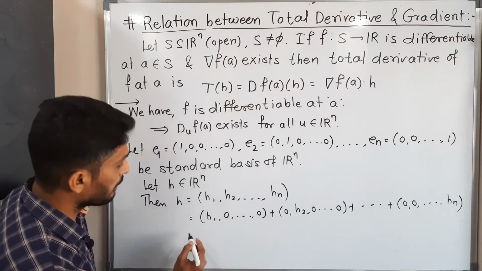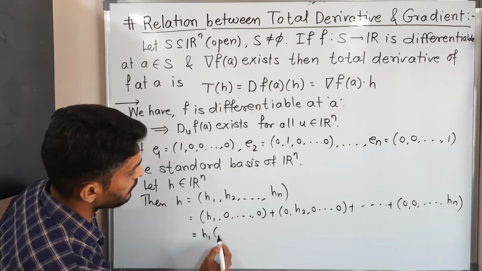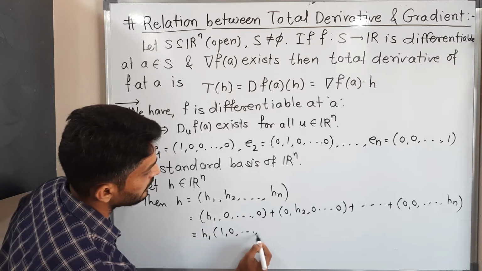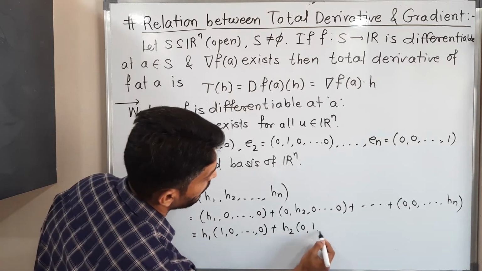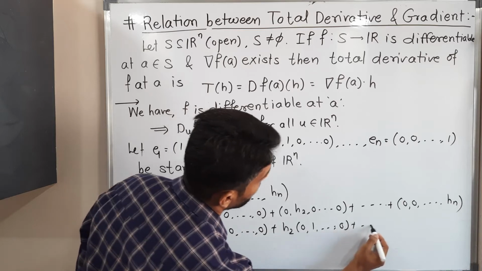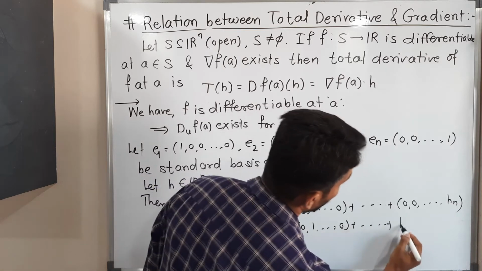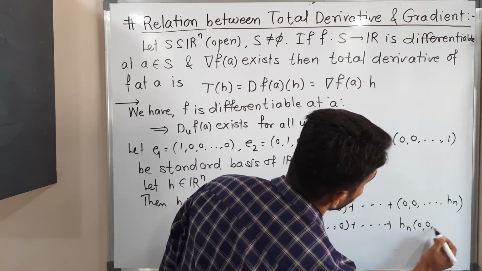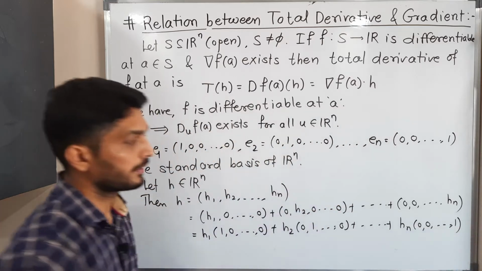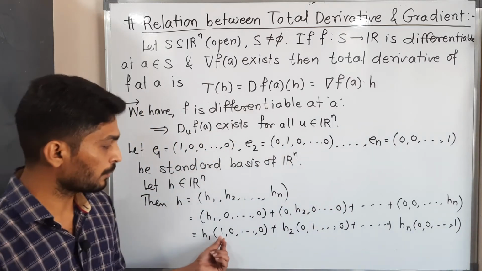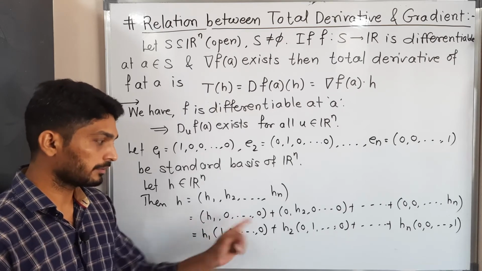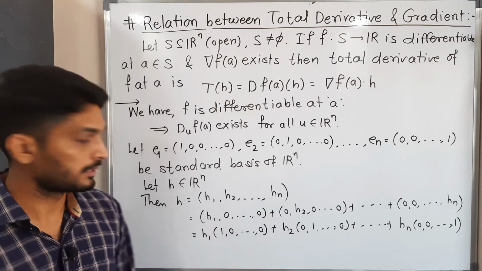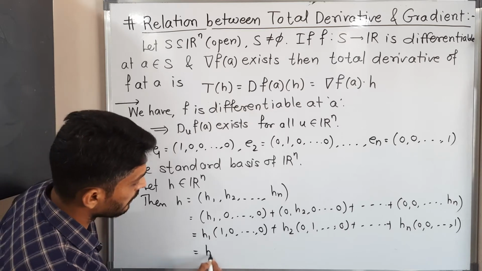After that I take h1 outside as common, so here (1, 0, ..., 0). Here I take h2 outside, so we have (0, 1, ..., 0), and so on. And here obviously I take hn outside, (0, 0, ..., 1). If you multiply again, since it is a constant, you get the previous step. So this is equal to h1